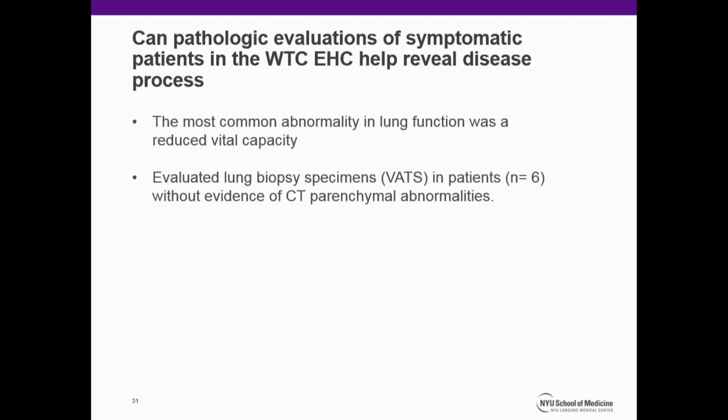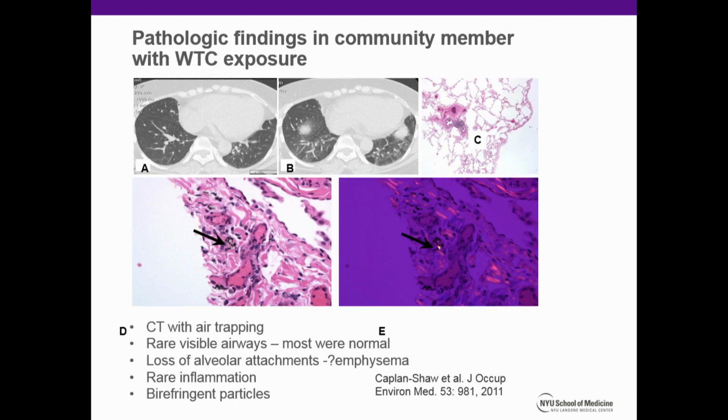And we tried to get a hold of biopsy specimens, and we were not doing them routinely in any of these patients, but we did look at a small segment of about 6. And I think the important thing we learned from that is that we'll never get 4 pathologists to agree with each other. So I'm not even going to really say much about these other than that. This group was done in a group of patients who had really normal CAT scans except for air trapping on the CAT scan, which I can't point to.